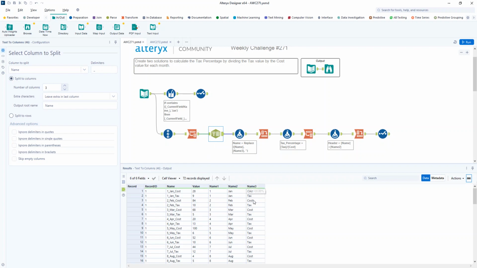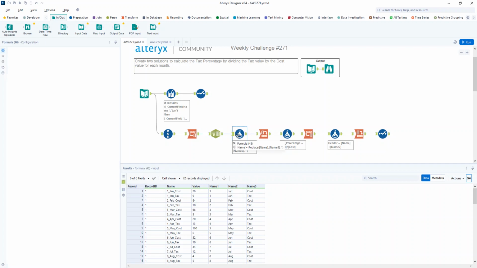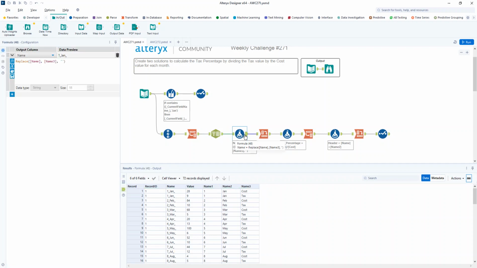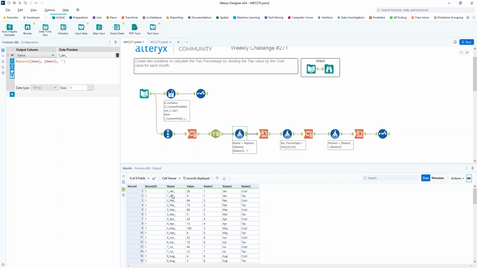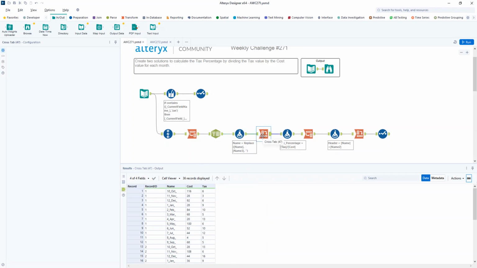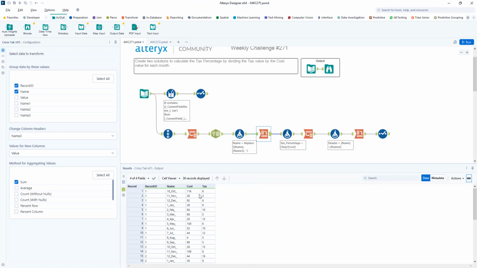Just split off the cost and the tax and then stick back together the month name and the month number. So just doing that here, if you can see that, there we go, we're just saying replace our name field here that's got the cost tax. Make sure that you get rid of the cost or tax word, make it disappear there. Lovely. So that then when we do a quick cross tab, we can have our cost and tax as